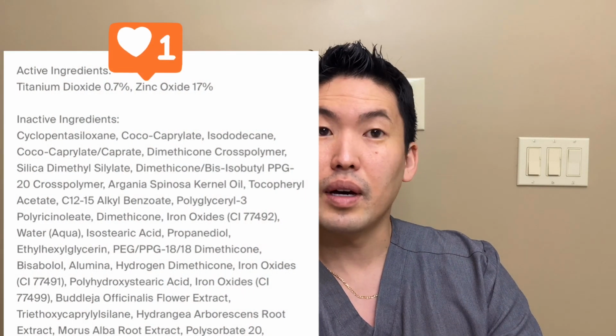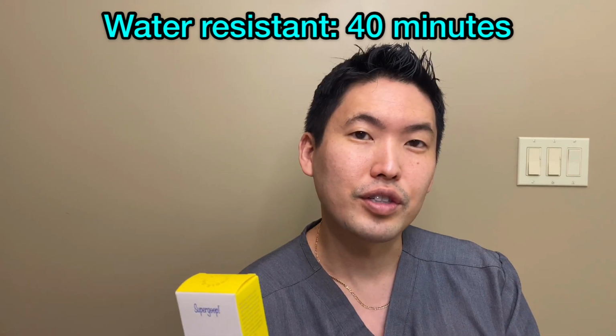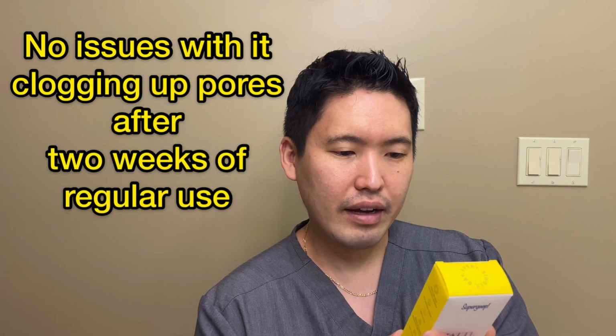But you know, the matte screen is 100% mineral sunscreen actives for all skin types, with a matte finish. And it's also water and sweat resistant. The grade is 40 minutes. The max grade you can see in a sunscreen is 80. This is 40 minutes. And this is non-comedogenic. And I would say I probably would believe that it is non-comedogenic. Let's see here, does it have...